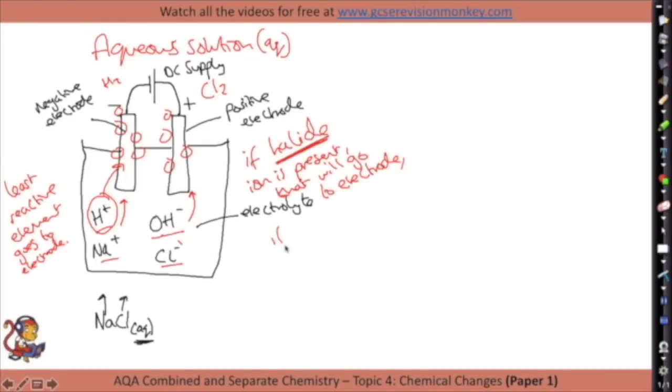If not, oxygen is produced because it's to do with the hydroxide ion going to that electrode instead. So if not, oxygen is produced. And I'll show you an example of that in just a sec. So you might need to draw this out, show the ions in there, and predict what is going to be